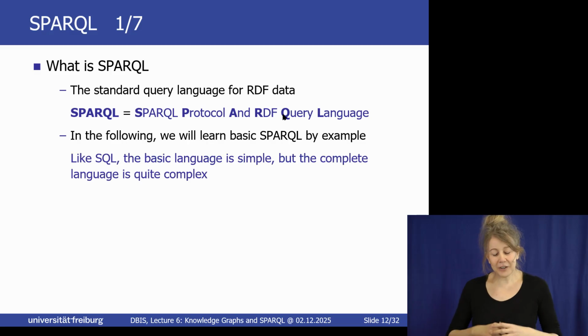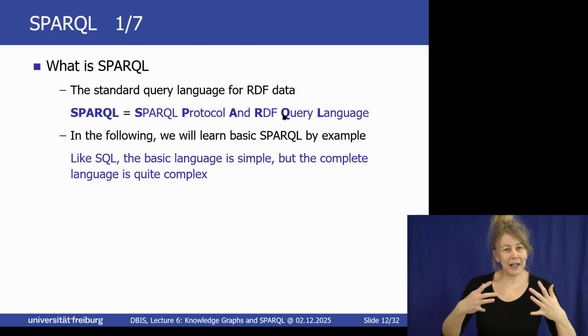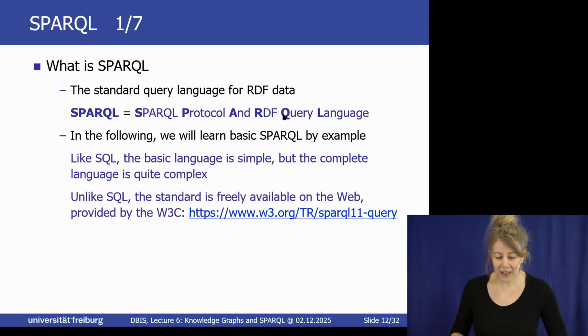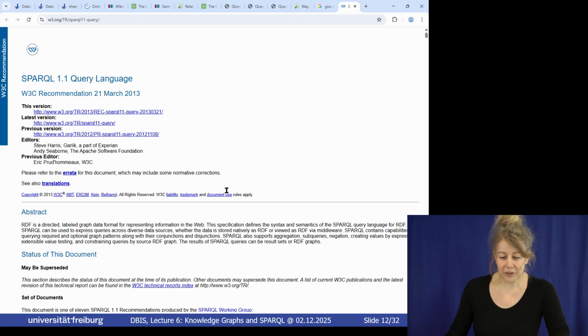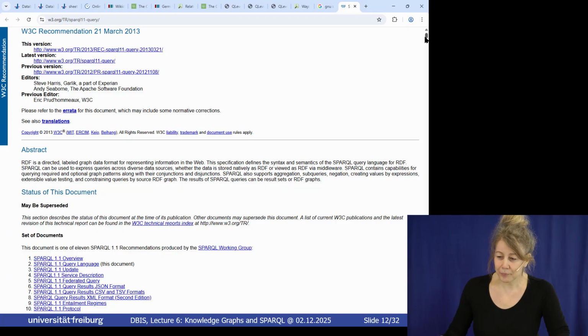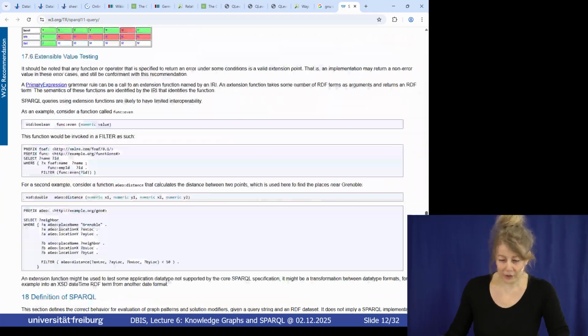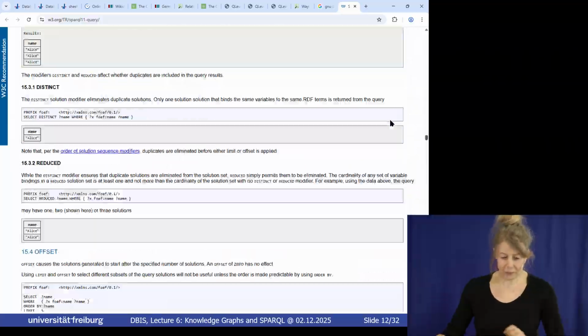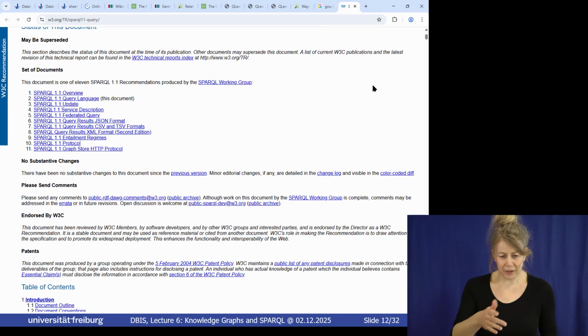Like SQL, we have seen the core language, but with SQL, I've told you about this huge standard. It's quite complex. Same for SPARQL. It's also quite complex. We only look at the core here. Unlike SQL, in the relational world, much more sympathetic, at least to us, everything is free. So the standard, you can just read it. It's this wonderful web page here. If you have trouble falling asleep, just read the SPARQL standard, and it's all free, and it has subsections